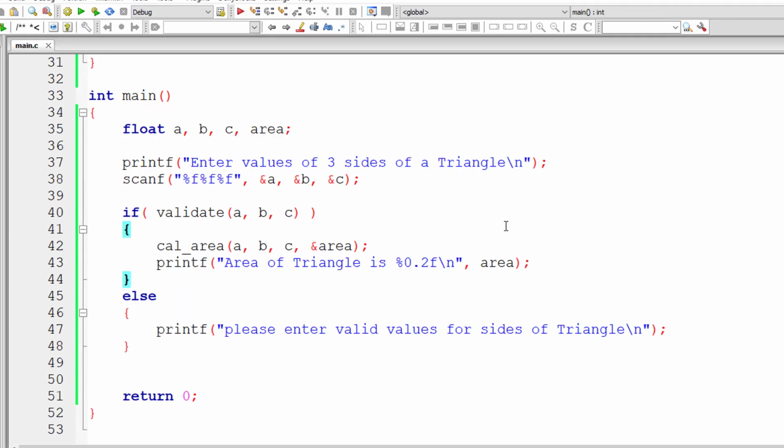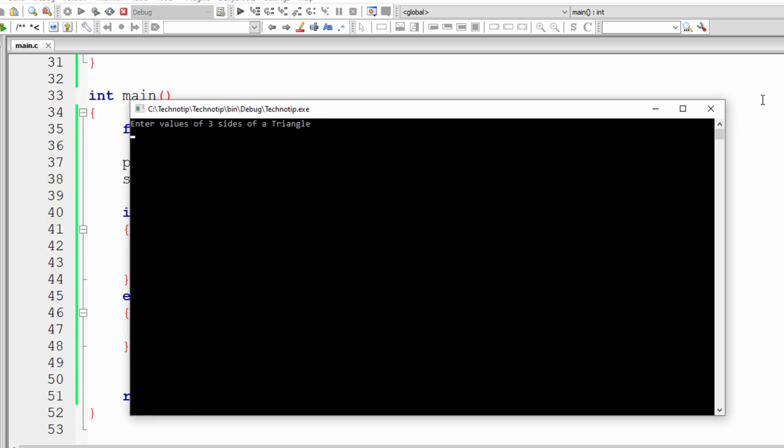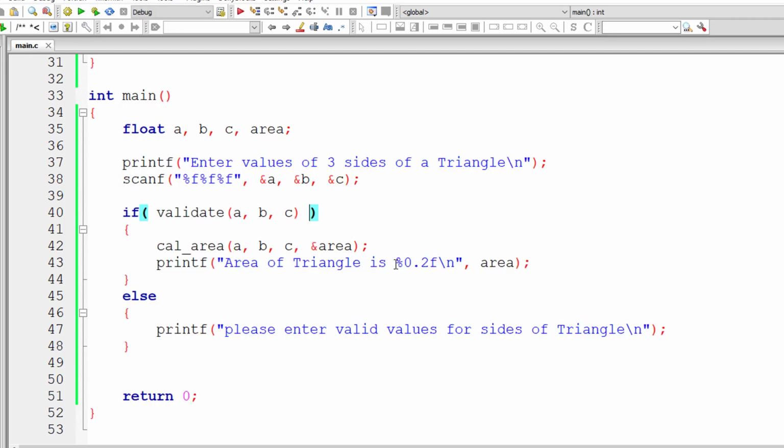Everything seems working, but I said we have a mistake here. So if you didn't rectify it yourself, that's very bad. By now you should have rectified it. It's a simple mistake. I'll show you with this input. So the largest side is 14.6. The other two sides are 14 and 0.7. That means the other two sides, 14 plus 0.7 is 14.7, which is greater than 14.6, but still it's saying